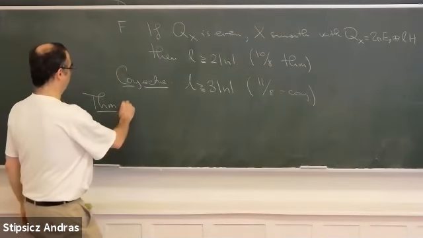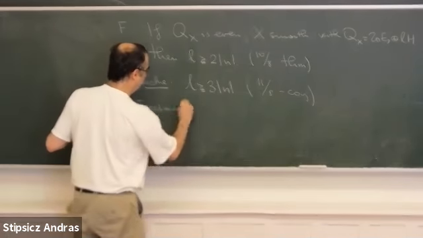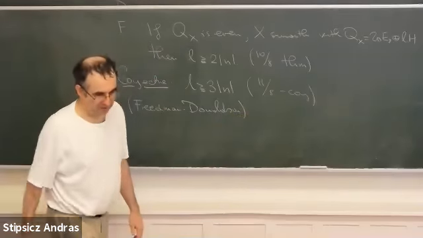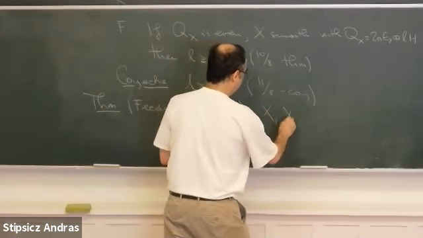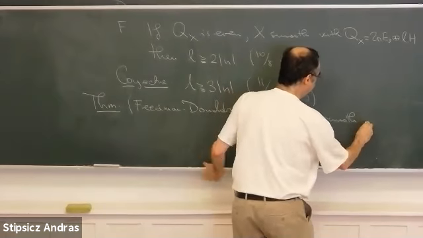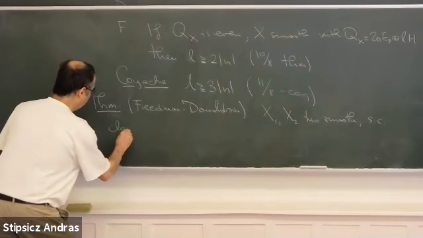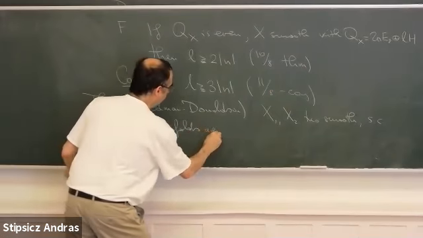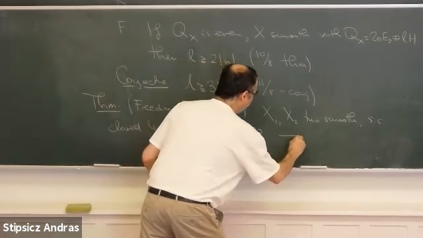This is a combination of Freedman and Donaldson, saying the following, that X1, X2 smooth, simply connected, closed four-manifolds are homeomorphic if and only if